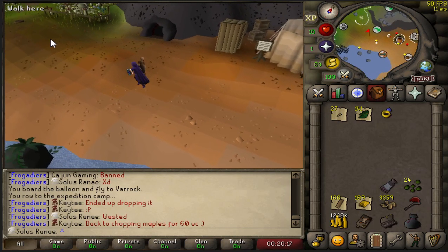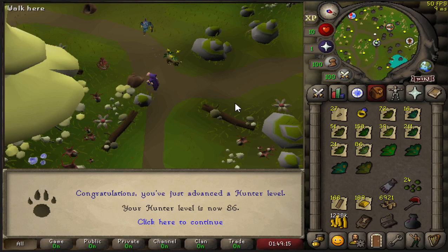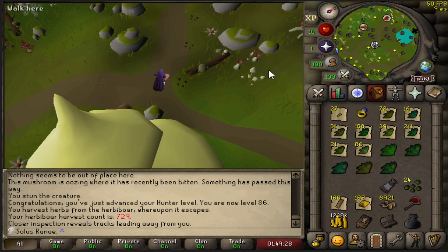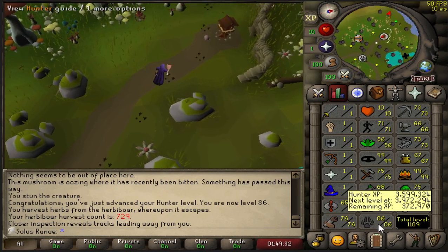And we're back to harvest some more of the little weed pig. Catching me a little bit off guard, but there is 85 hunter. Whoopsie, there is another hunter level. Level 86 hunter. Keeping up with this grind, and not doing actually too bad this hour, about 70k an hour. Normally I drop down to like 40k because my attention span is dreadful. But we're doing pretty good, and we're going to just keep grinding out as much hunter as we can get